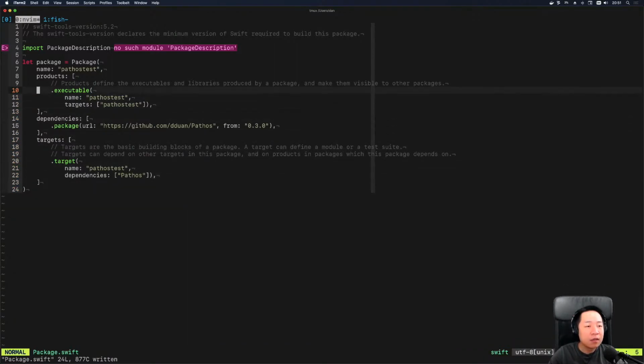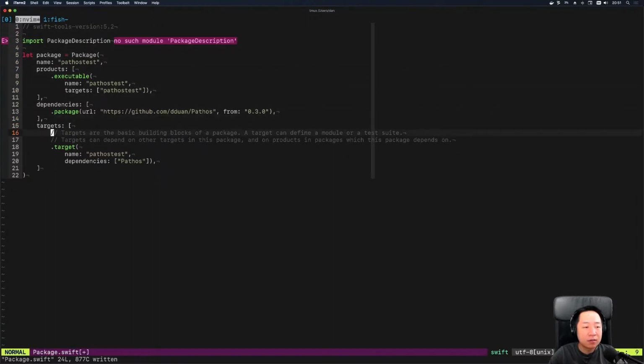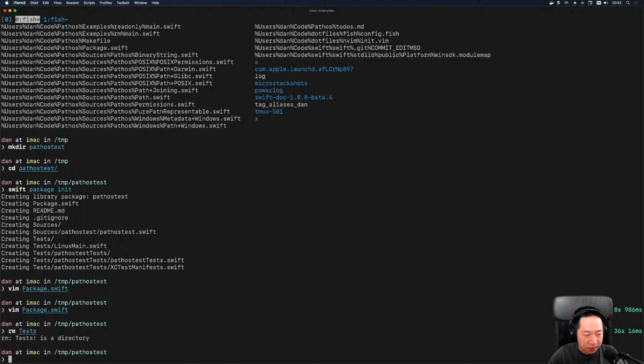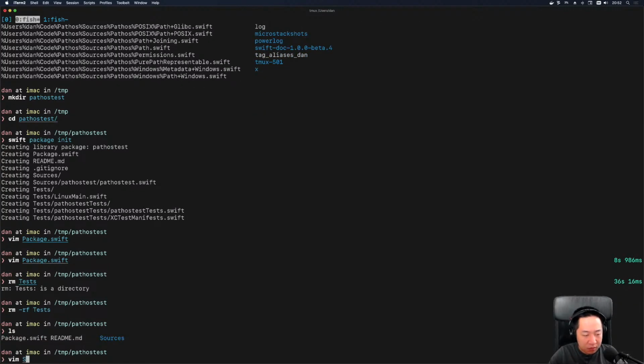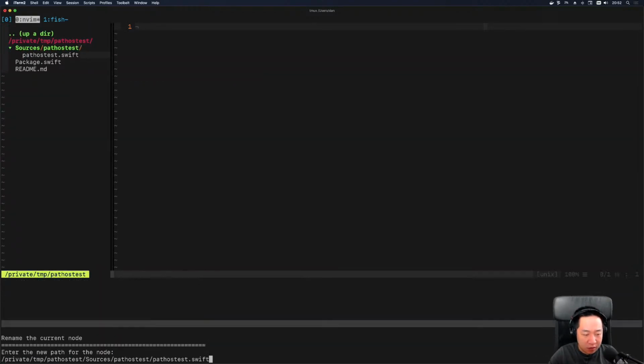Yeah. How about that? Let's get rid of this. Okay. And then let's make sources. Well, let's delete tests. And then, well, let's just open up Vim, move this file so that it's actually